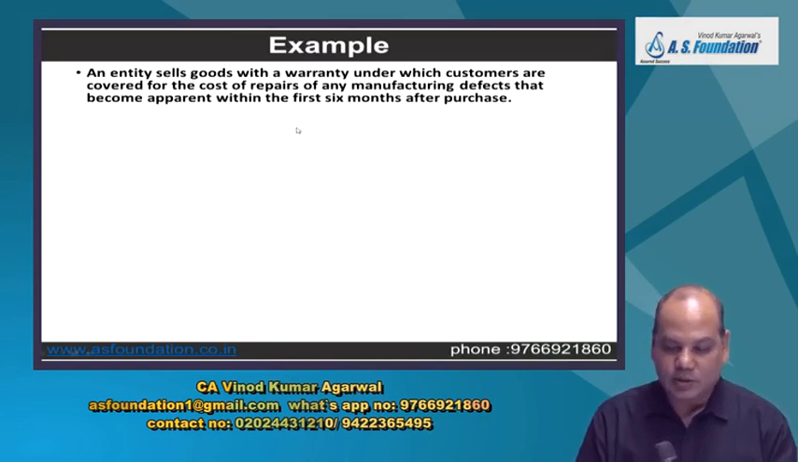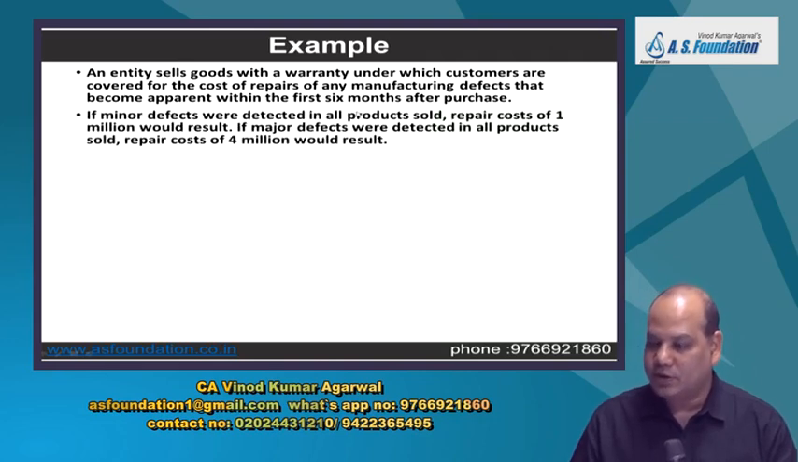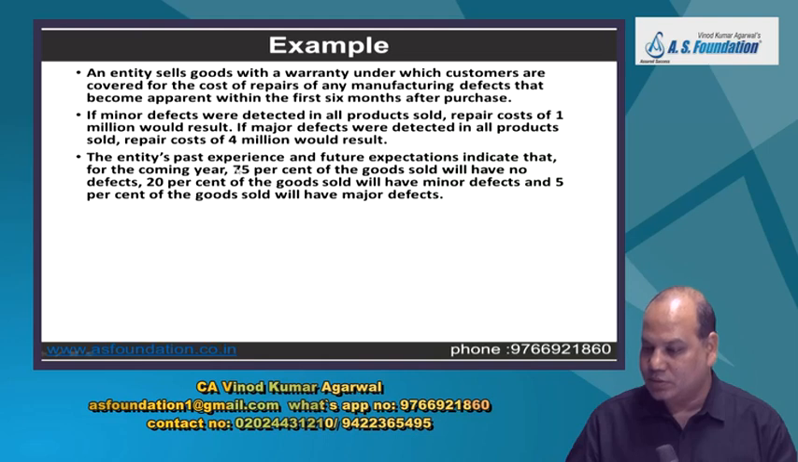Example. This can come as a separate question also. An entity sells goods with a warranty, under which customers are covered for the cost of repairs of any manufacturing defect that becomes apparent within the first 6 months after purchase. Now, what is the past observation? If minor defects were detected in all products sold, a repair cost of 1 million would result. If major defects were detected in all products sold, the repair cost would be 4 million. The entity's past experience and future expectation indicate that for the coming year,